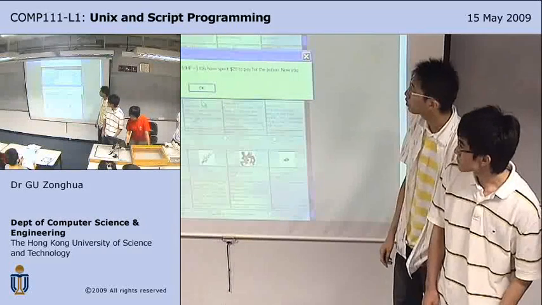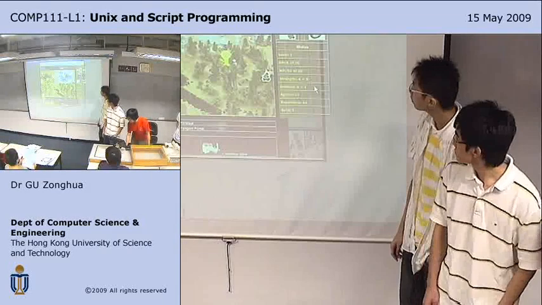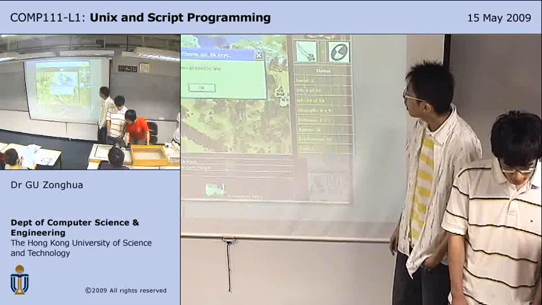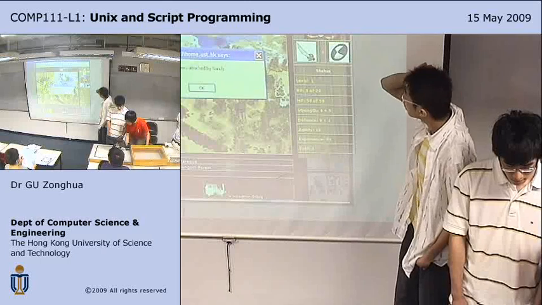Okay, so now we bought a potion. So now let's get back to the main world and we'll continue exploring. So maybe let's walk around and see what happens. As we walk around, we'll encounter different types of monsters here, and we'll actually show you that